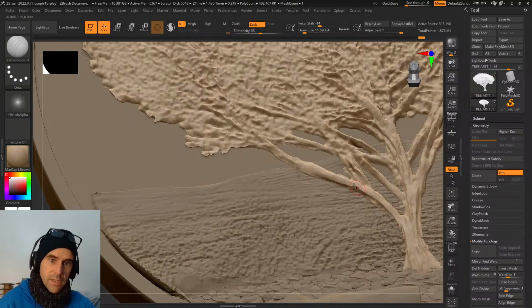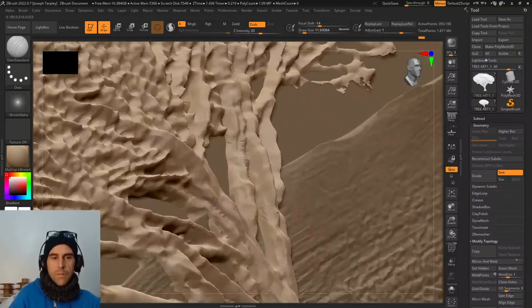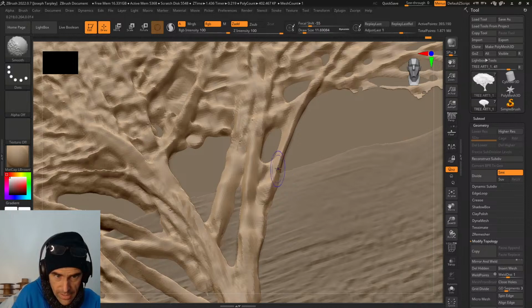And get these branches kind of leveled out. They're a little thick right now. See how when you work in this perspective, they kind of jut out at you a bunch. But I'm trying to level them out or even them up. Because what happens is